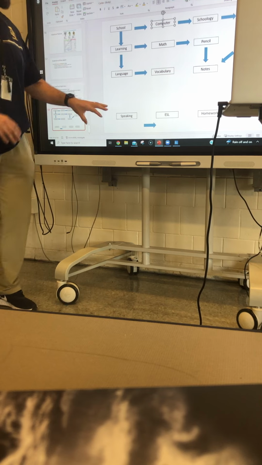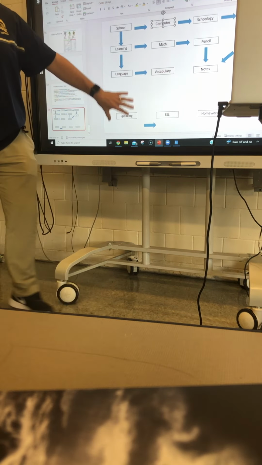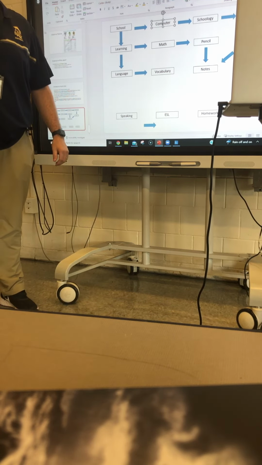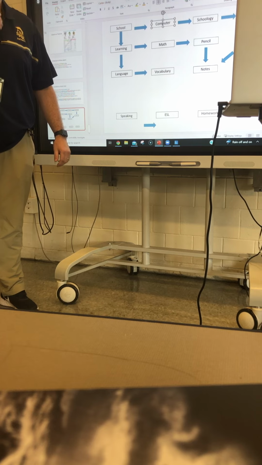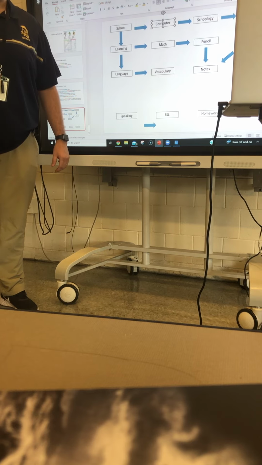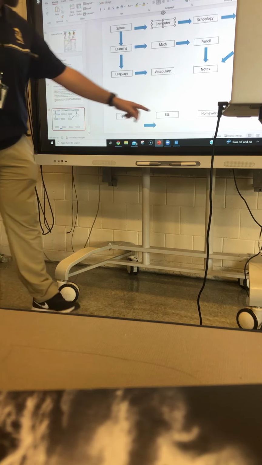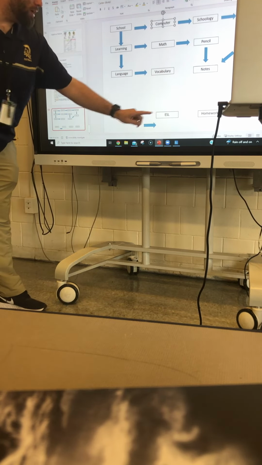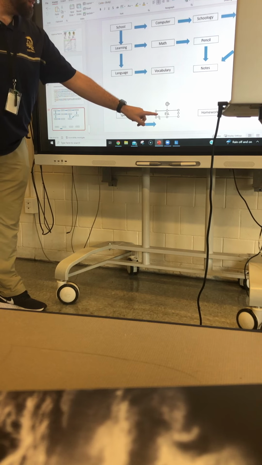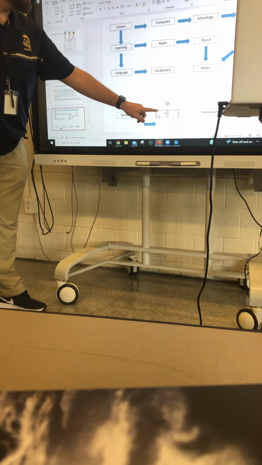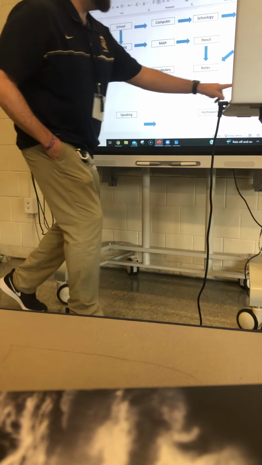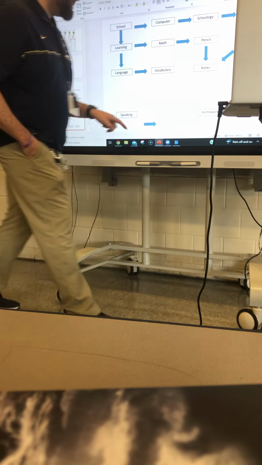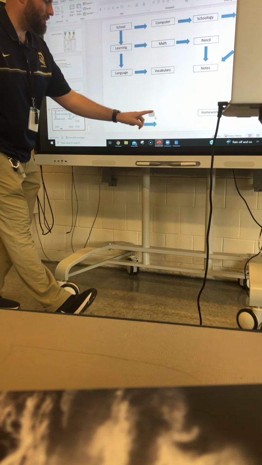Okay? And then there's all these words left over here. Who wants to do an example? Go ahead. Do you want to come up here? Or no? Pick a word, one of these 4 at the bottom. And I don't know why I put homework twice. Okay, where am I going to put that? Study. Okay. Language. And then what I would do is I would grab an arrow.